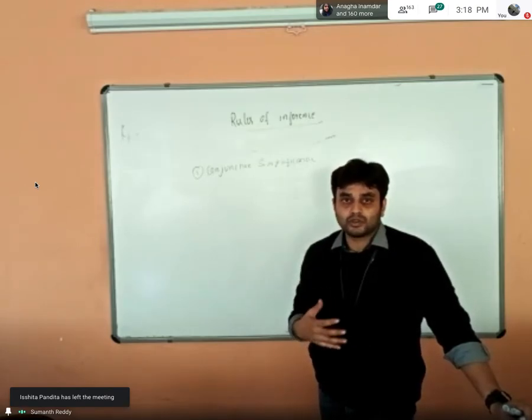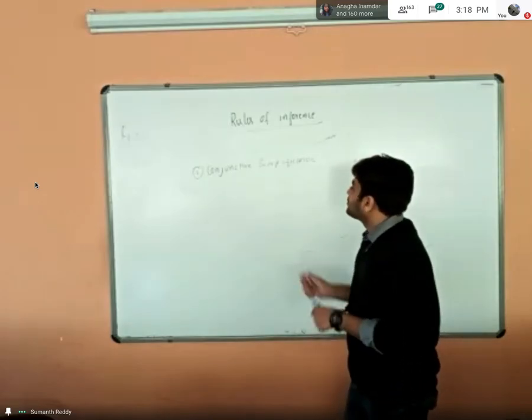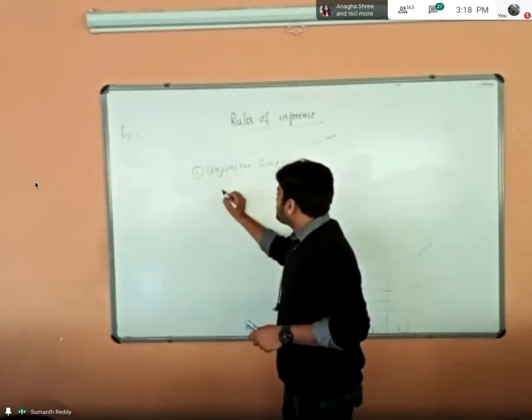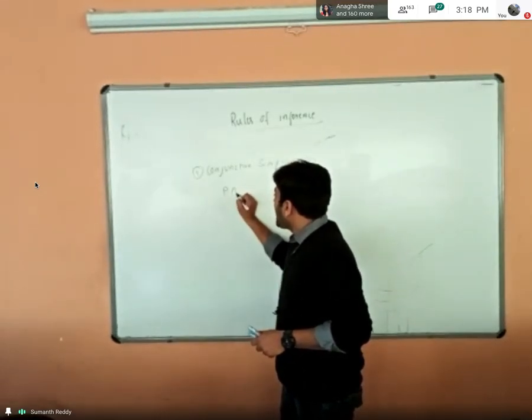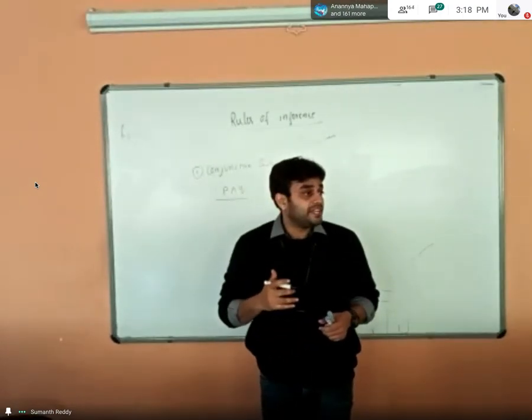I have given the rules. You know the truth tables and you know when it will be true and when it will be false, right? So now what I will tell is, in the premises part, I will tell that P ampersand Q is true. See, what I have told is P ampersand Q.